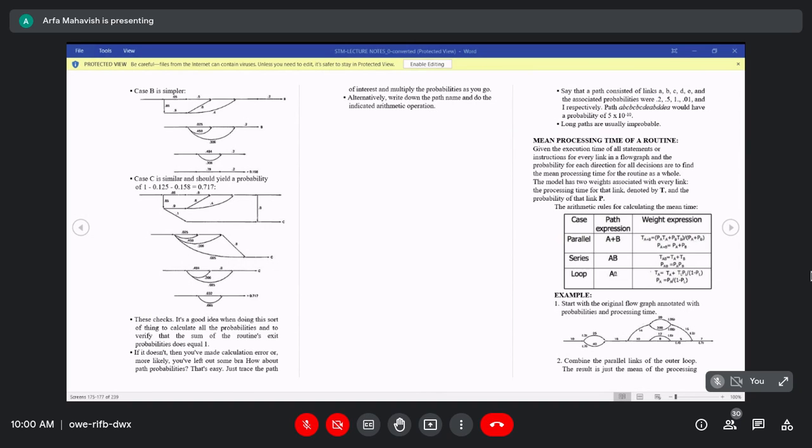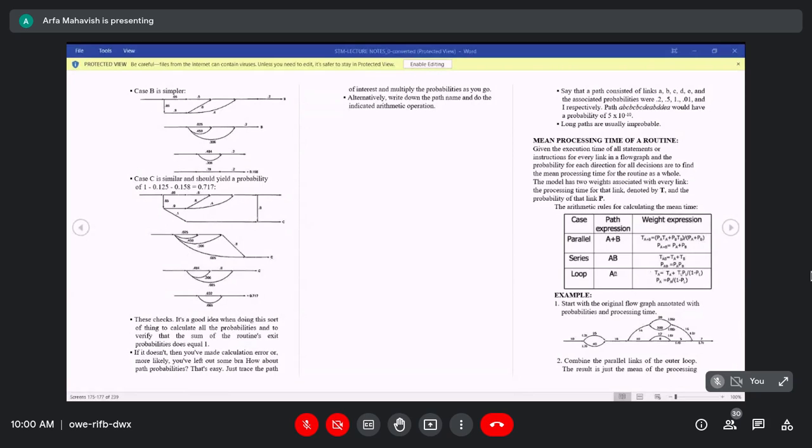In this also it is the same thing. If you have the same pattern nodes, we go with multiplication. For parallel rows we go with addition, and for serial rows we go with multiplication. For loops we go with addition. So for the parallel links, the result is just the mean processing time of the link, because there are no other links leaving the first node and also combining the pair of links.